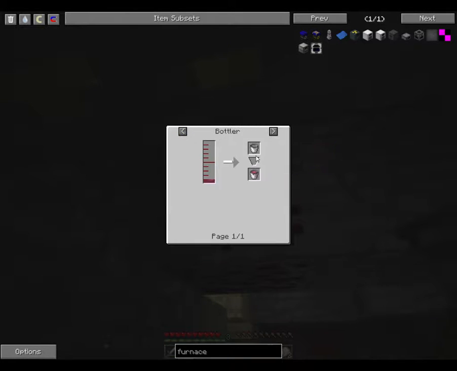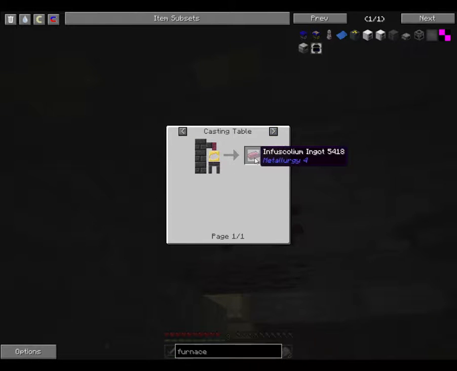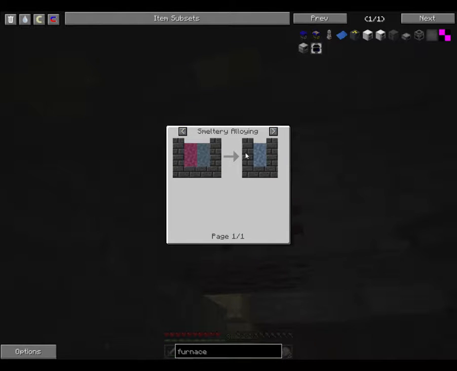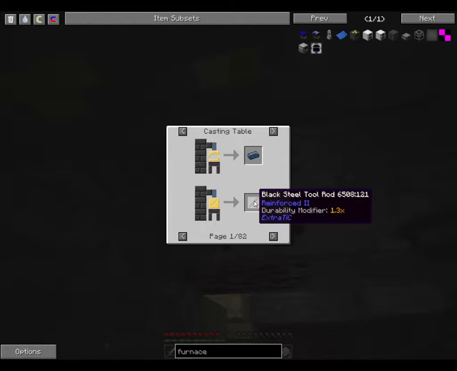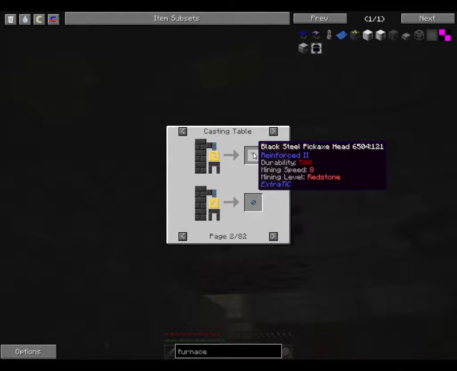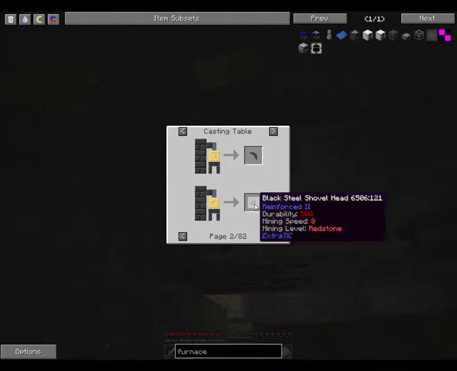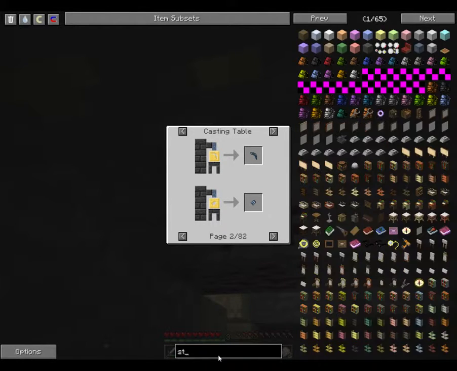Okay, here we go. Molten infuscolium, which we can use for molten black steel, or we can make infuscolium ingots. Black steel, on the other hand, can be used to make black steel items, which are not quite as good as regular steel, because if we look at steel,